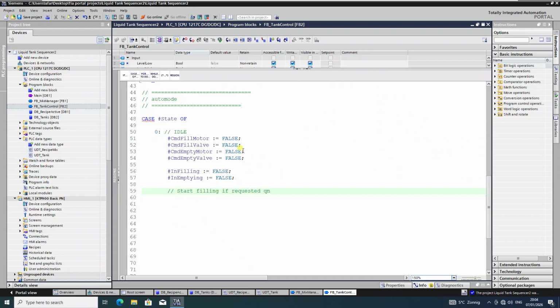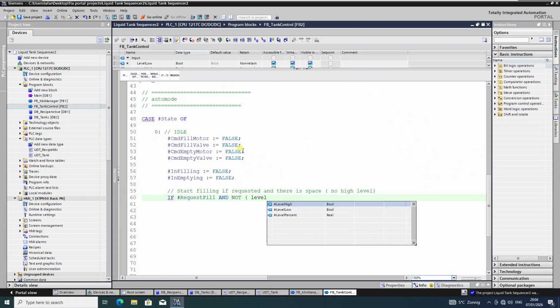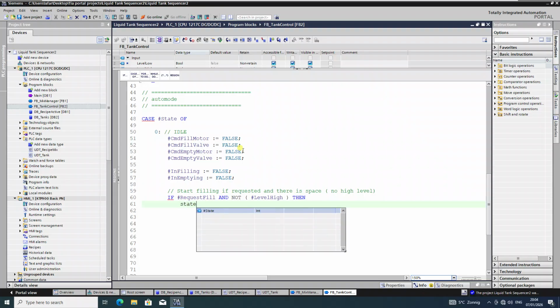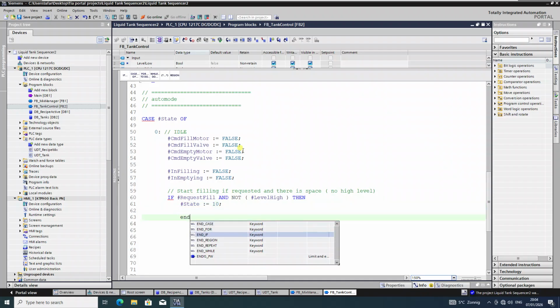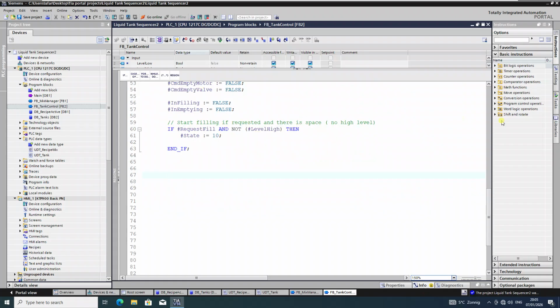and now filling, if requested. And here, if request fill and not level high, then state equals 10. Right. So in state 10